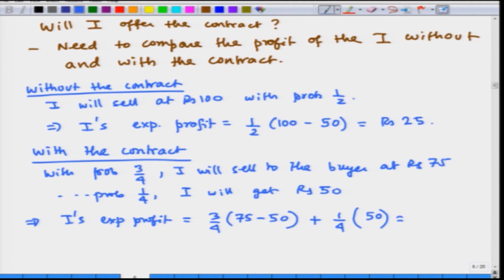So, this is 25 times 3, that is 75 over 4, plus 50 over 4. So, that is 125 over 4, which is rupees 31.25, which is greater than the rupees 25 that existed without the contract, which means I will offer the contract,